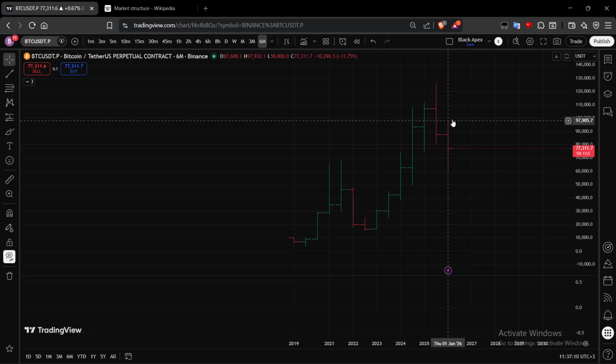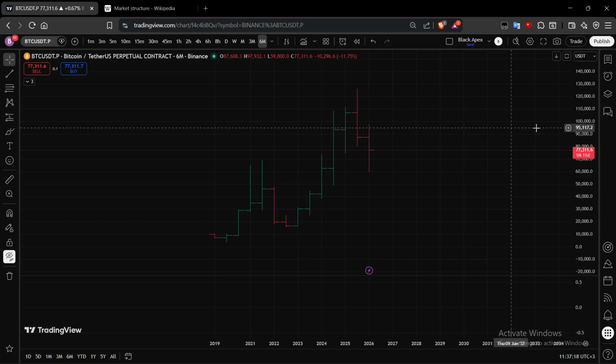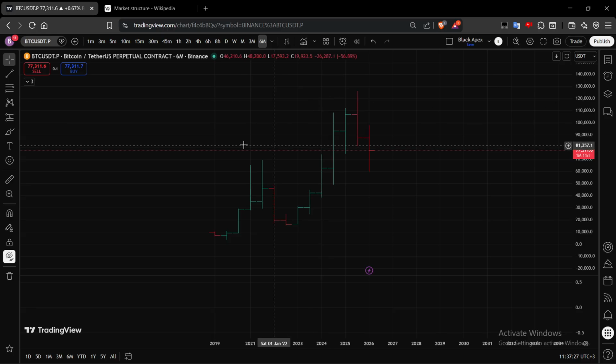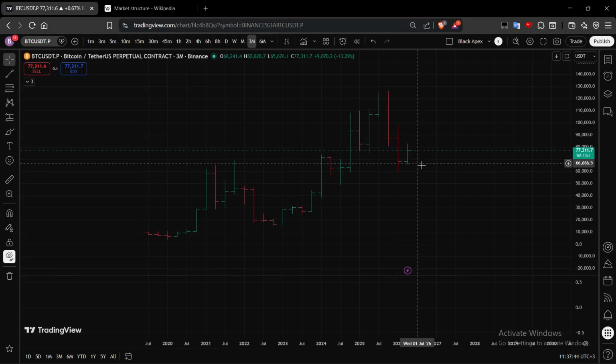So we want to see how market structure develops and how it shows itself on the market, and we can analyze it using our charts. So today we have the Bitcoin USD chart, and we start with the 6 month chart. As you can see, we are now in some sort of corrective consolidation. And let us go to the 3 months. We also see in the 3 months we're in some sort of correction, and already we can see there's some sort of market structure whereby there is